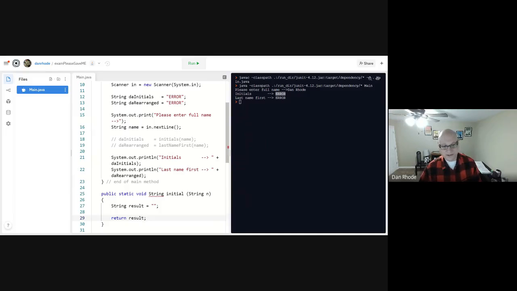Good habit: always declare the correct type and always return it. Look at that. Uh-oh. String initial. Expected what? Huh. I don't know what I messed up there. Public, static, void. Oh,